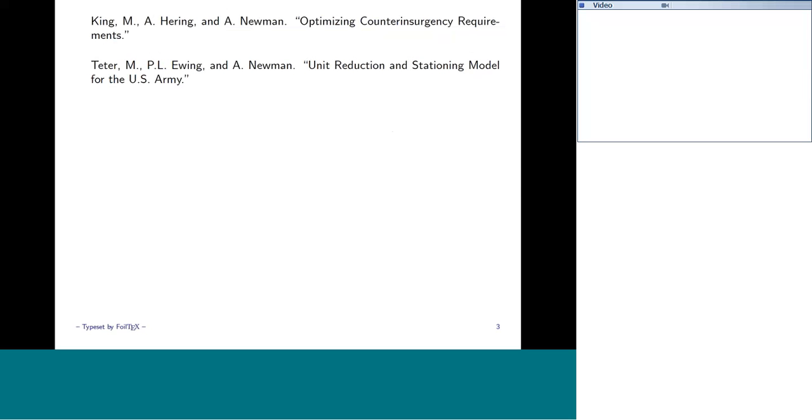We're dealing with kind of a successor to the BRAC type models, the base realignment and closure, and so Michael Peter is working on that. So 4 older topics that have been published, and then 3 more recent topics we're currently working on.